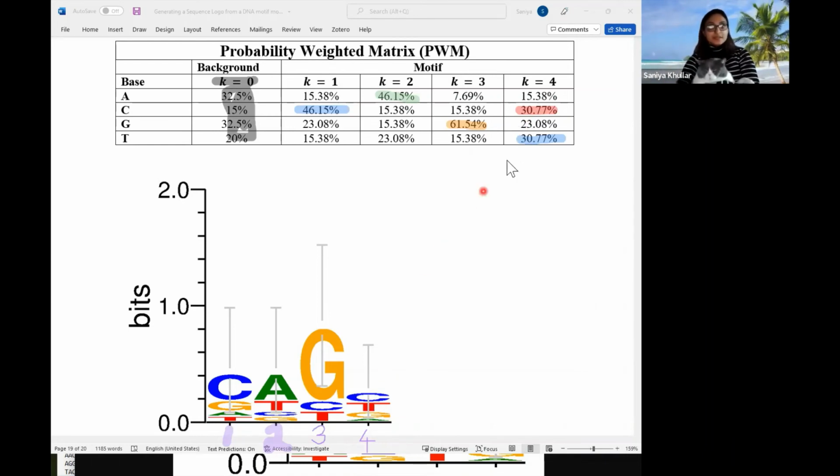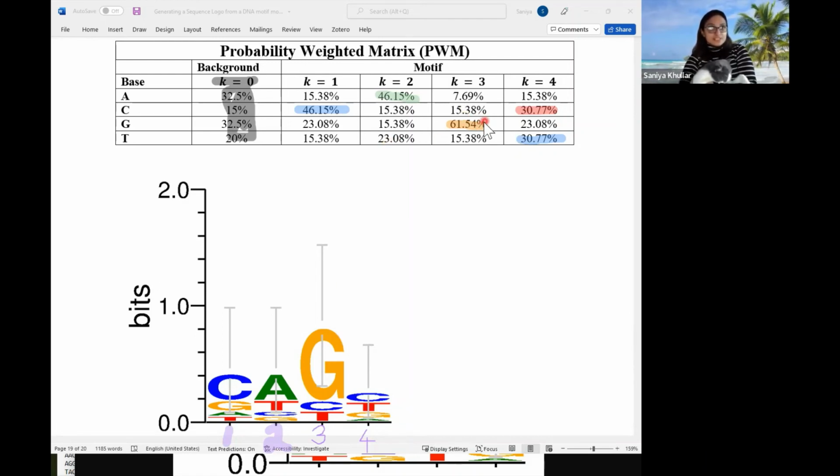So C is here. But since there's so much uncertainty, we could be either C or T up pretty high, and then G is coming behind it. Our knowledge and confidence about this position is actually the lowest. We don't really have a high-confidence one. We can either say C or T. If somebody asks us to choose, we would say, let's flip a coin. So we have very little information here. We can just tell them that probably don't choose A, maybe not G, but it can be either or. Whereas in the third position, we have higher knowledge,